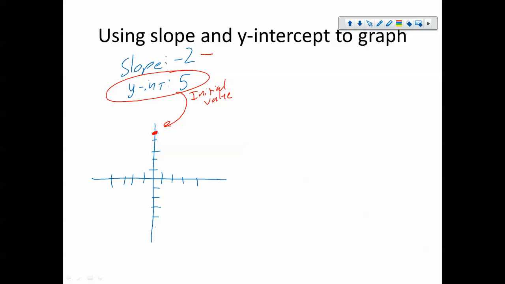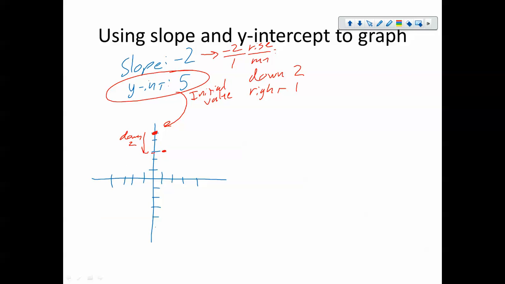From there, I'm going to use my slope, recognizing that this slope is -2/1. So my rise is -2 and my run is 1. That tells me to go down 2, right? Because it's a -2, we're going to go down 2, and then we're going to go right 1. So starting here, I'm going down 2, right 1, right? There's my down 2,